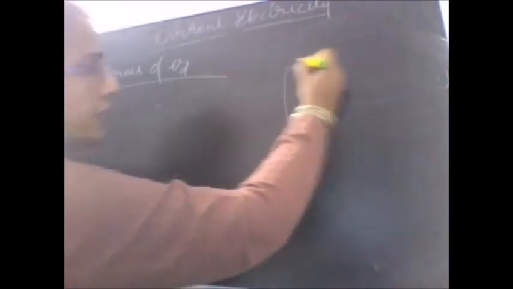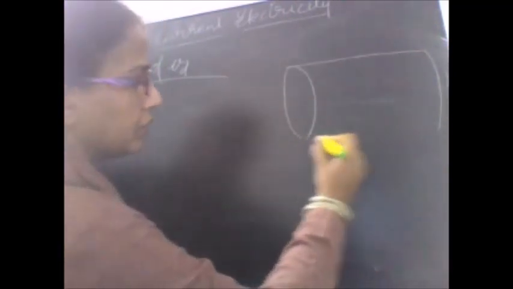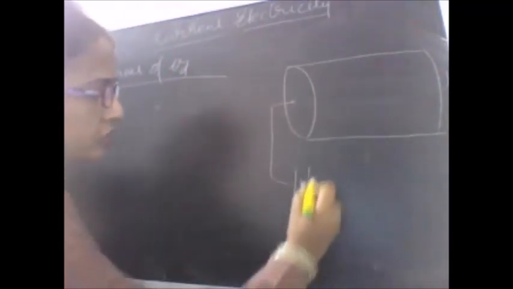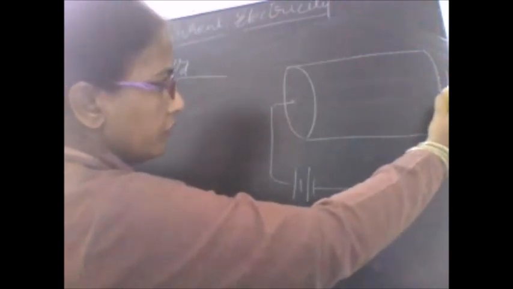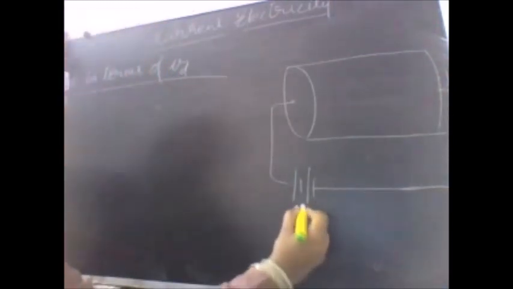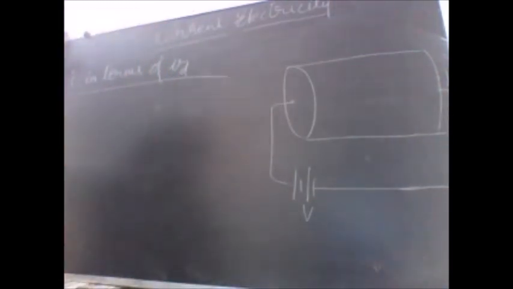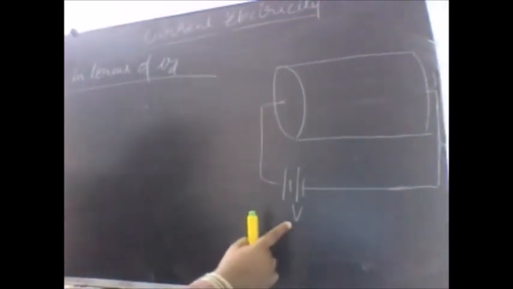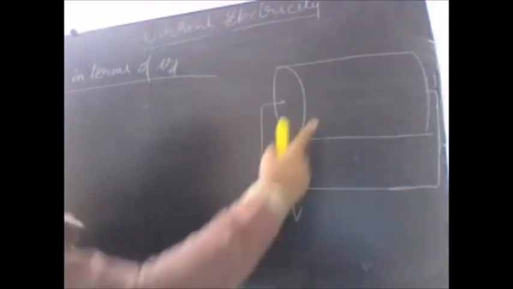So our target now is we have to derive the expression for the current in terms of the drift velocity. And let us take that same example very quickly. Enlarged view of the conducting piece connected to an external source of potential, which is a battery offering a potential of V volt.